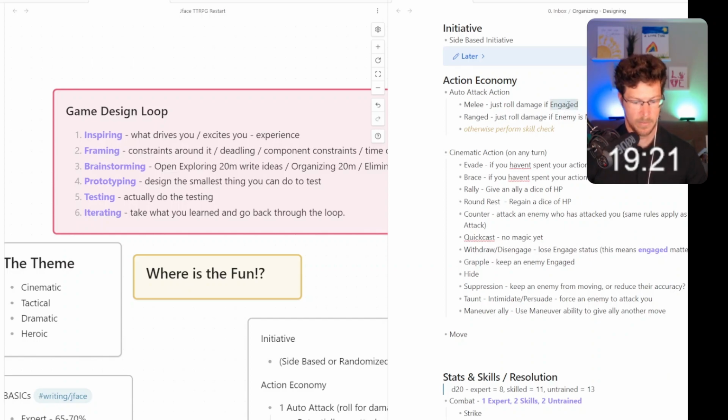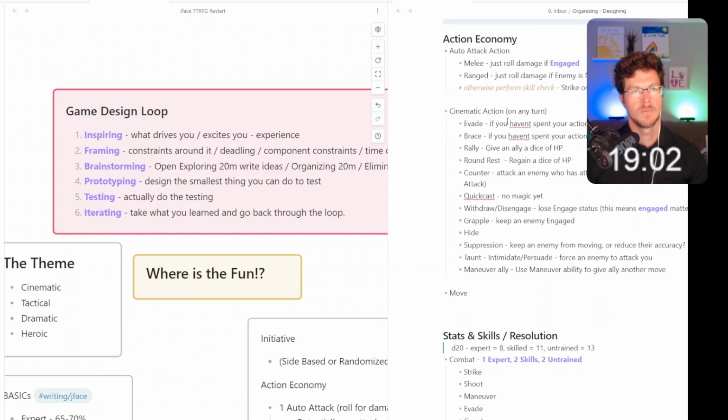I like all this. I'm okay with all of this. Or lacks cover. This implies that there's a cover system, and so we'll have to figure that out. Otherwise, perform a skill check: strike or shoot. Okay. A cinematic action on anyone's turn, once around.